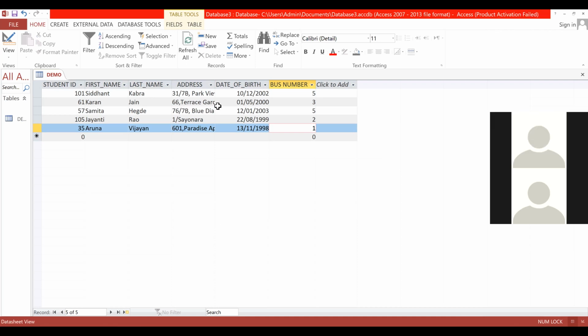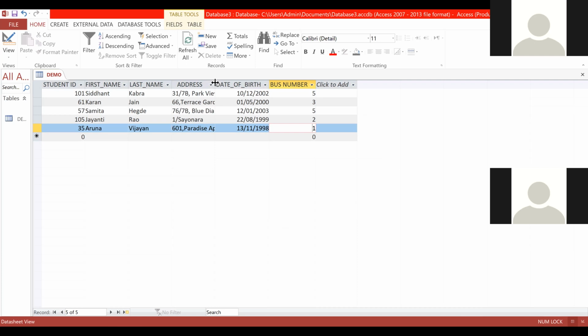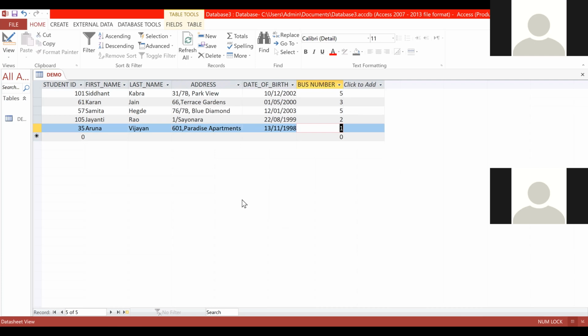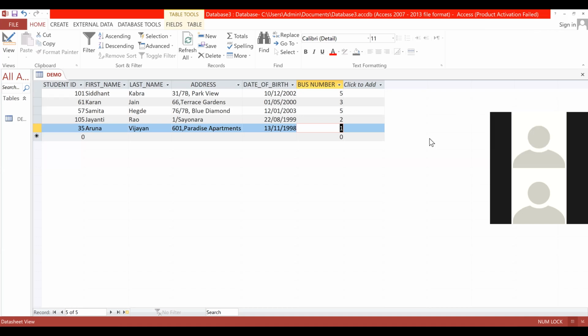So this is how your table, sorry, database was created, right? The default view is datasheet view, but we have to add the fields first.